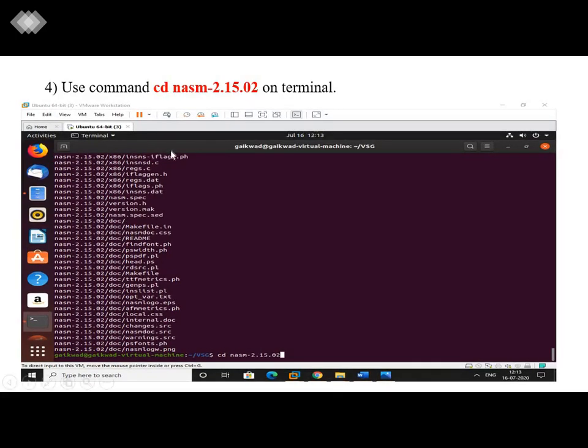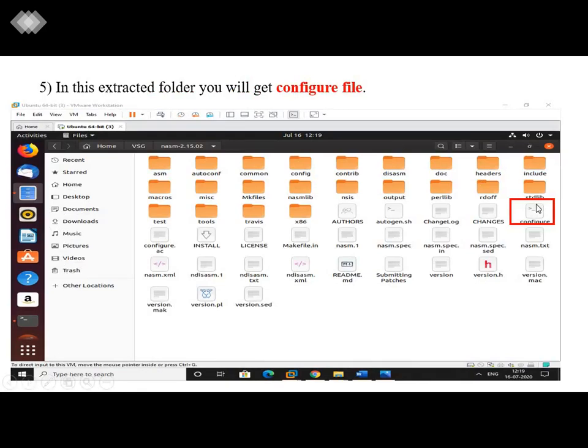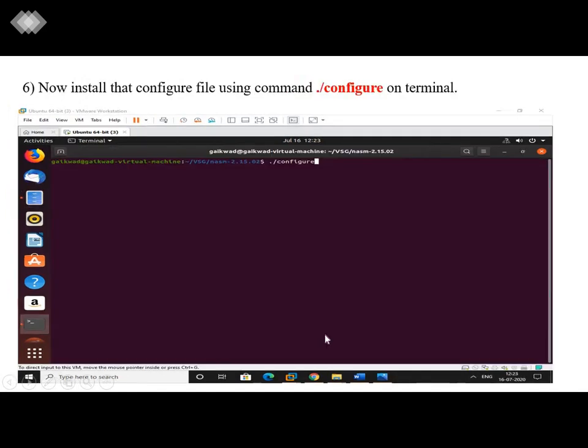For that, you are going to use the command cd nasm-2.15.02, that means you go into the extracted folder. After going into that folder, you'll see this is your folder and this one is the nasm folder. Search for the configure file. Yes, it is present.